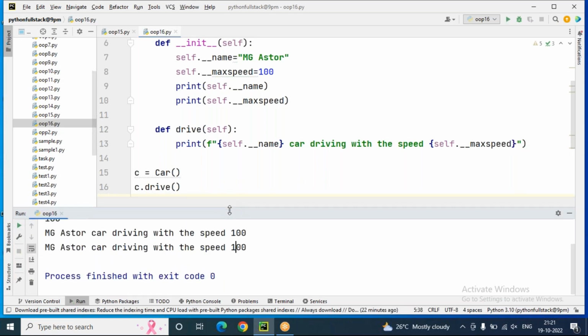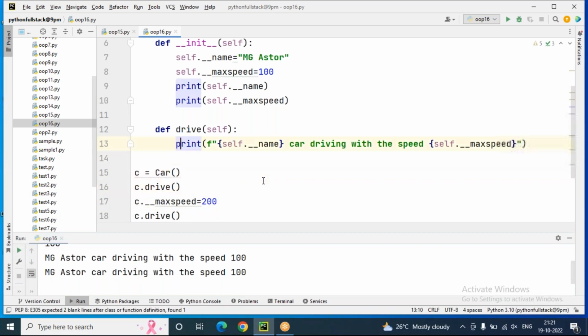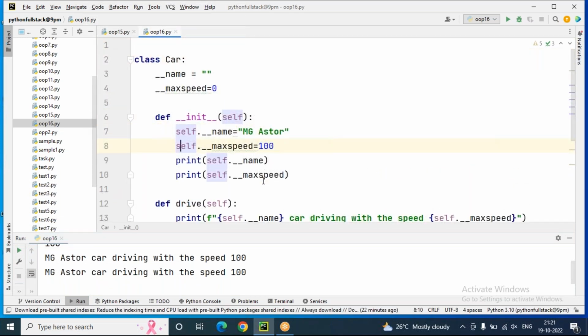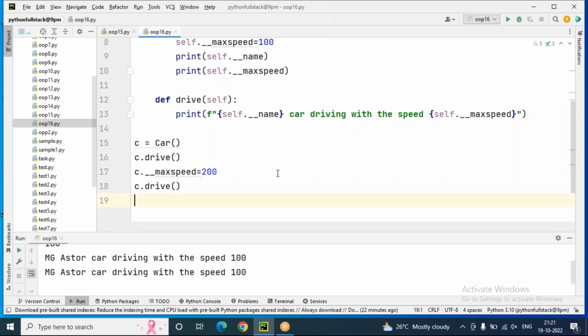So this is the advantage of private variables and private methods. So this is the car class. On top of the car class, we included two private variables, and inside the constructor I assigned the values to the private variables. I access them also, and inside the public method,